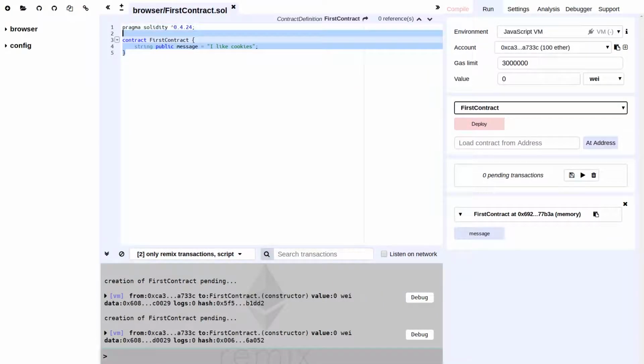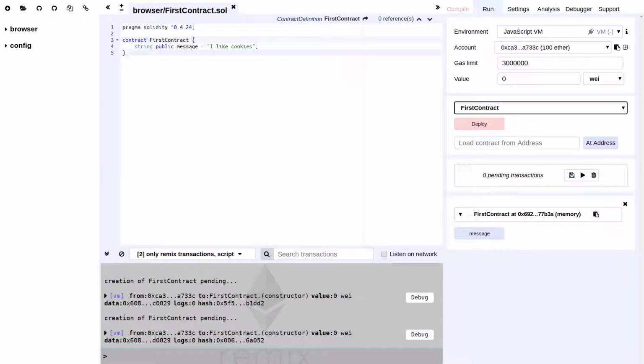We have a very simple smart contract which contains a hard-coded message, and we can look at the current value of this message, but we cannot currently alter what value it is. So if we want to alter this value, we need to write a transactional function. And the transactional function is a function that assigns a new value to one or multiple data fields of the